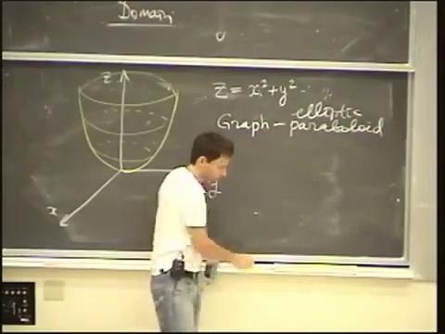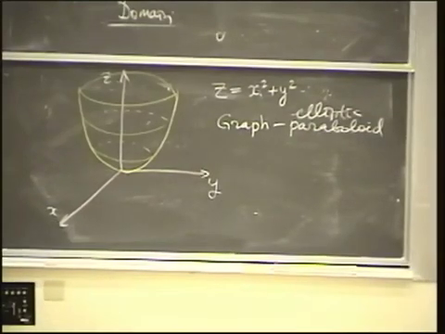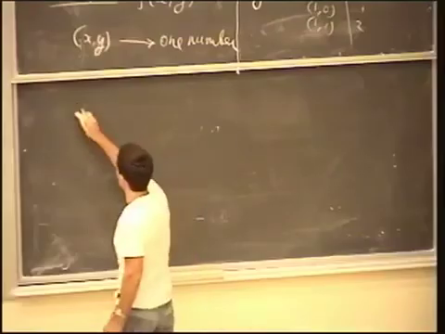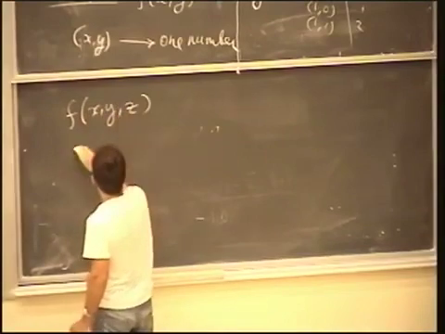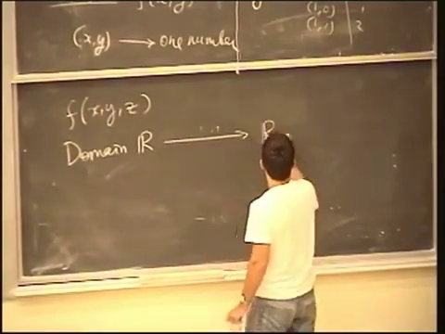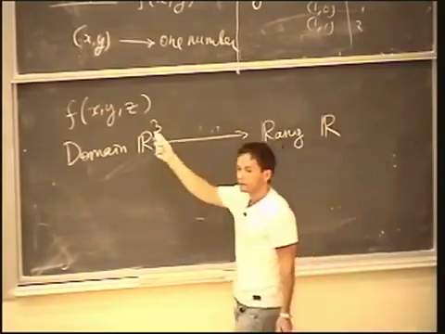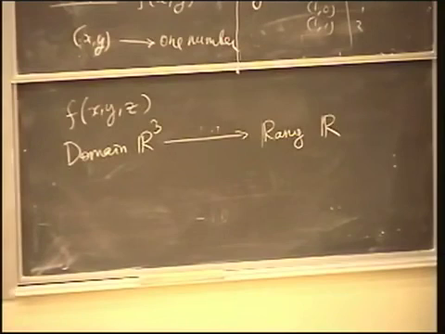Likewise, you can also talk about functions in three variables. Here I talked about functions in two variables, but I can also talk about functions in three variables. So in this case, the domain is R3, and the range is R. X, Y, Z. Of course, this is also meaningful because, for example, if you talk about barometric pressure, atmospheric pressure,